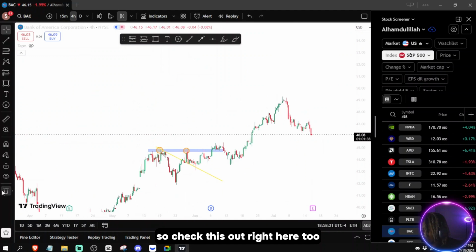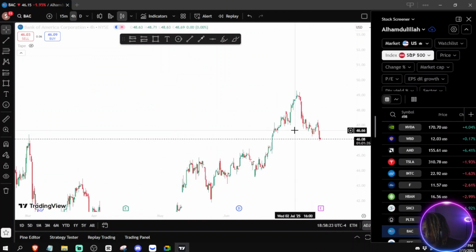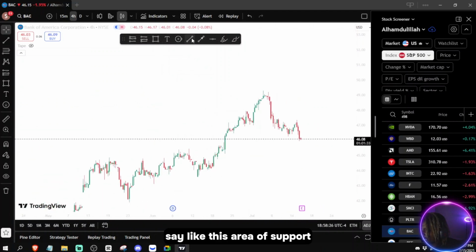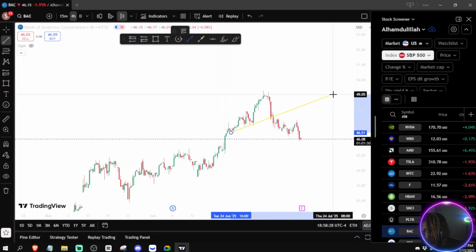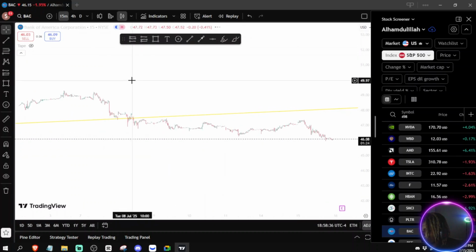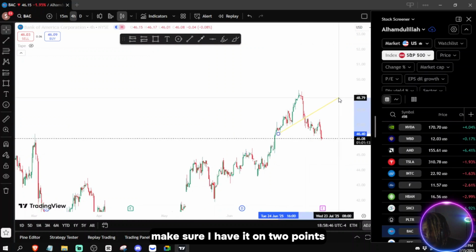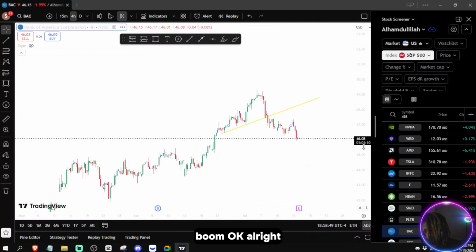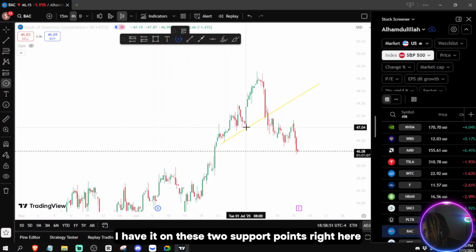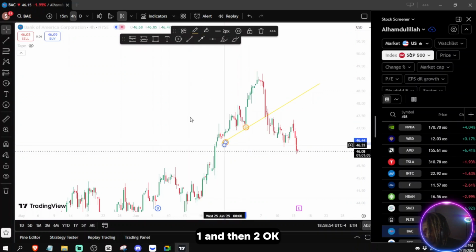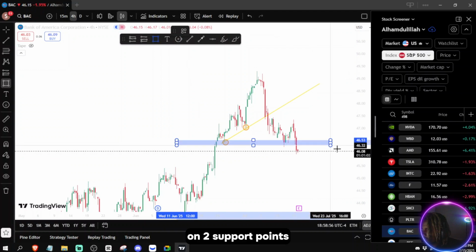Okay, so check this out right here too. Say like this area of support. Okay. So price right here. It's kind of a decent example too. Make sure I have it on 2 points. Boom, okay. All right, have it on these 2 support points right here. 1, and then 2, okay. On 2 support points,